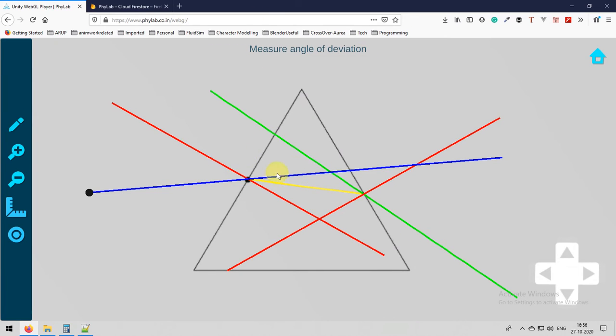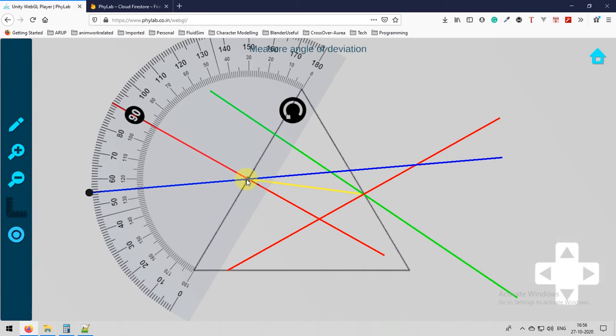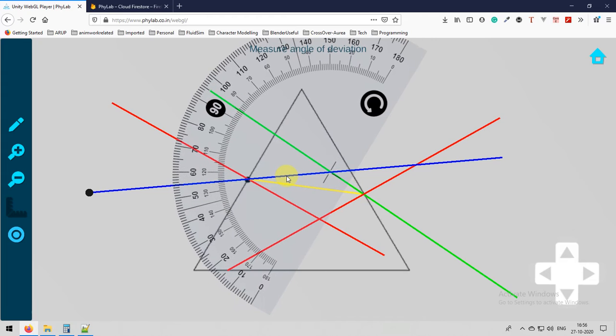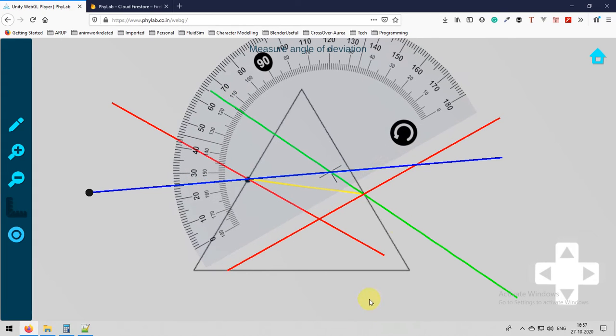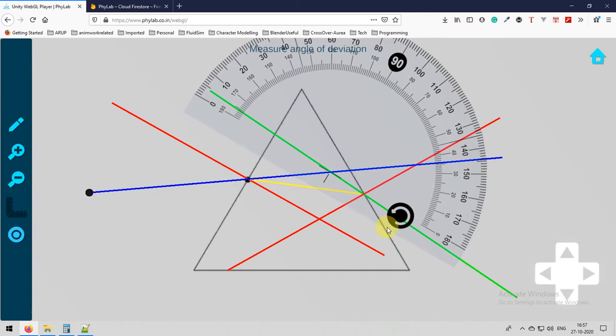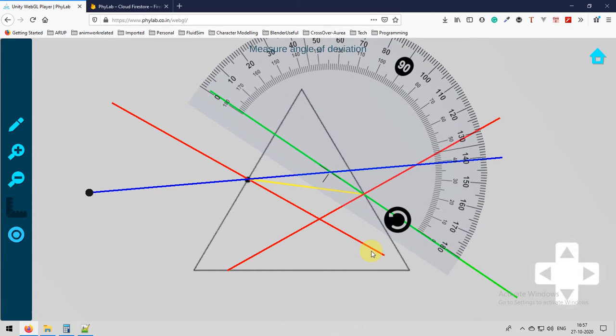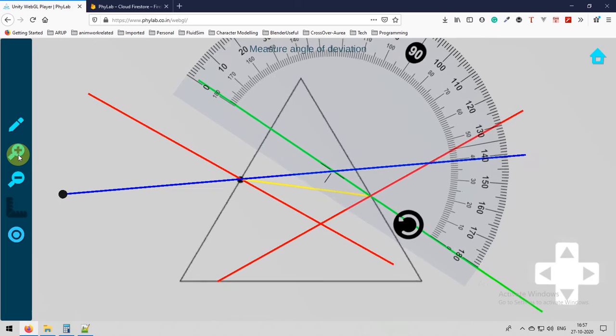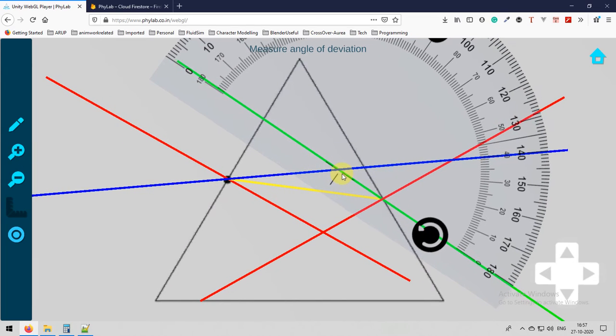On submitting, you will get all the lines as per your pin arrangements, and the first thing you need to do is measure the angle of deviation, that is between the green line and the blue line. So using the protractor, I will be measuring the angle.